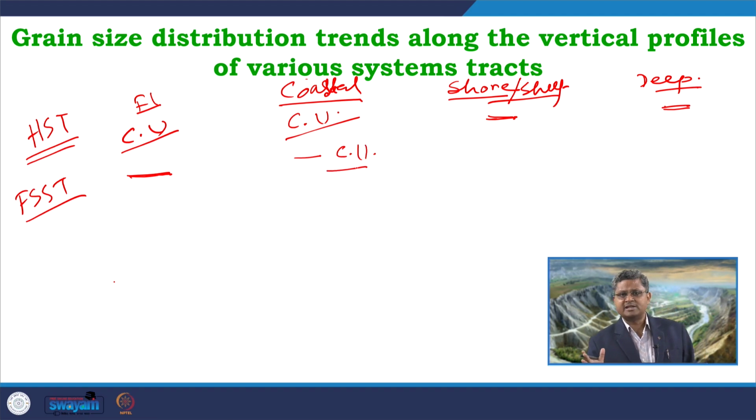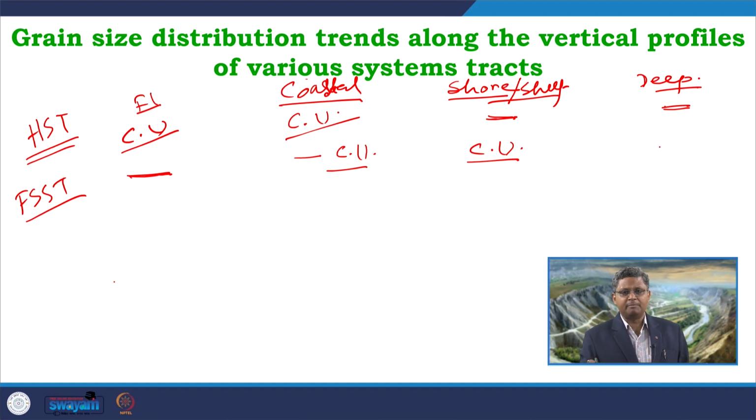When I come into the shoreface and shelf area, this is the dominant area where we get deposition during the forced regressive phase, during the FSST, and there definitely we will get a coarsening upward trend for each deltaic lobe, because as the delta progresses forward, the delta mouth bar will be progressing on the delta front, which will be progressing on the pro-delta, and it will go on like this. So overall it will be a coarsening upward package, but if I look into a delta plain area, then within the delta plain individual channel systems again can show localized fining upward successions.